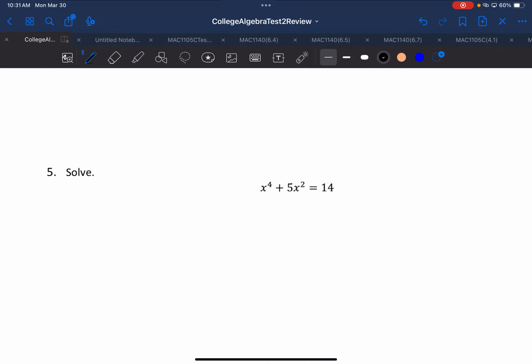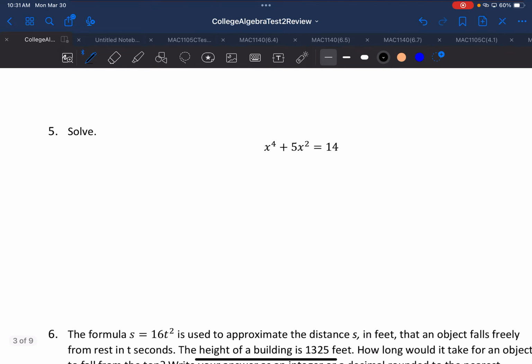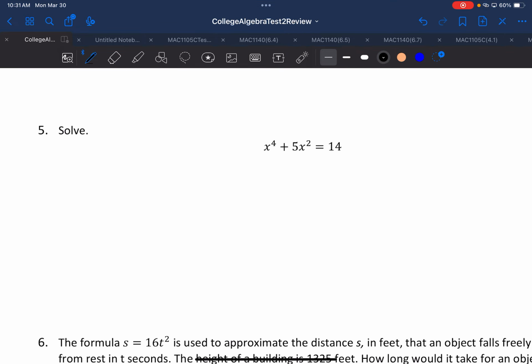All right, last one for the quadratic. This is the one that's quadratic in form, because this larger exponent of 4 is 2 times the smaller exponent. 2 times 2 is 4. So this is the one that you'll have on your exam. I mean, not exactly, but your highest exponent will be 4, and the smaller exponent will be 2. Okay, you won't have any other